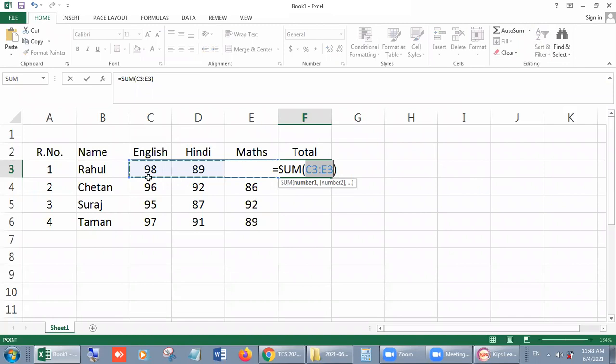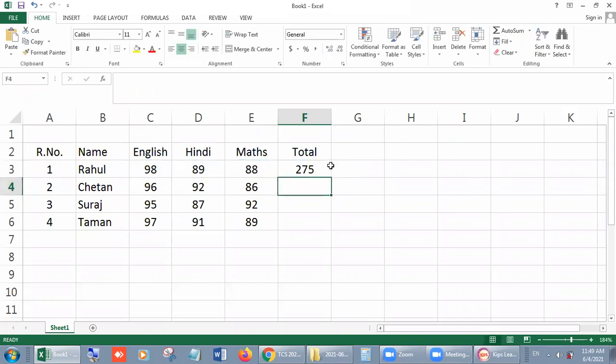What is range? From where to where we want to add. Suppose we want to take the data from C3 to E3 and sum it, then automatically it will be selected, no need to select, and you just press enter key. The total will come up. I am repeating, just click on the place where you want to bring the total, click on auto sum and press enter key. And after it, you know the method. Go there and drag the mouse arrow. In this way, you can get all the total.